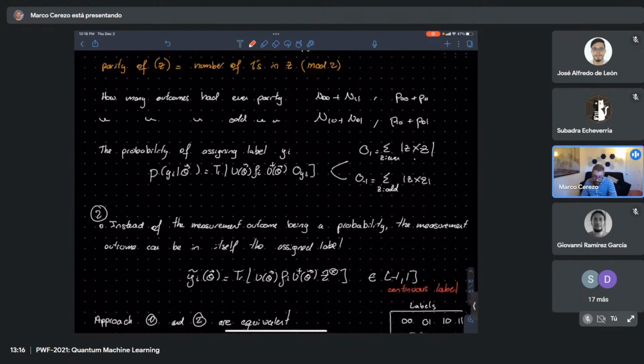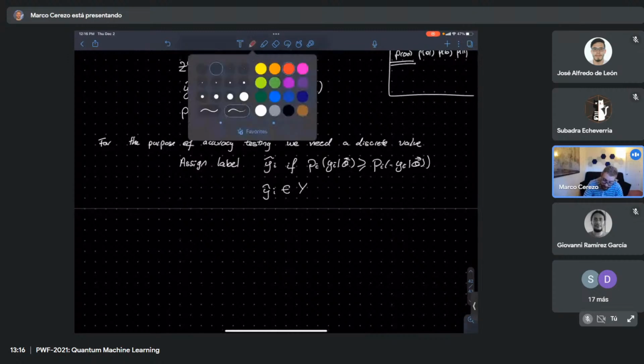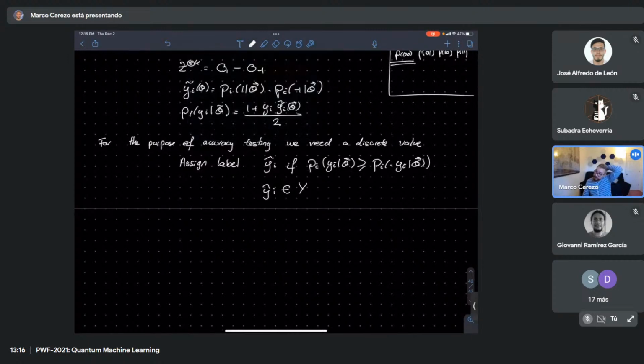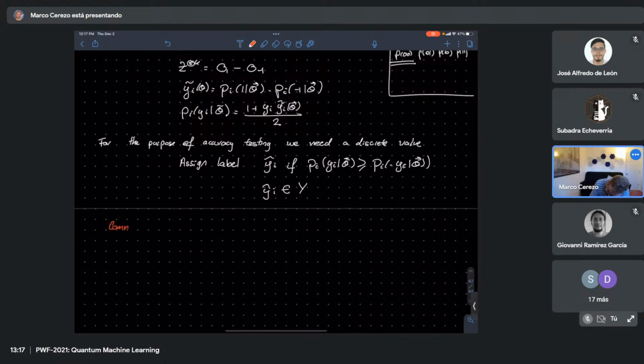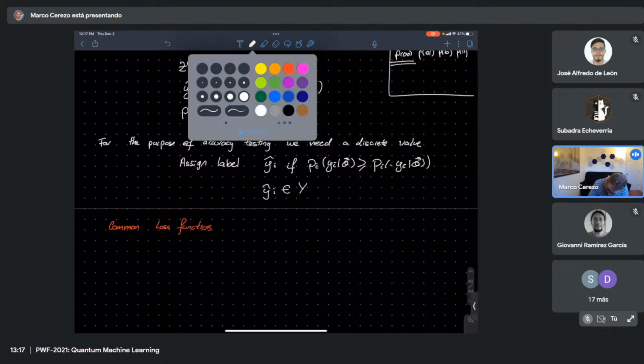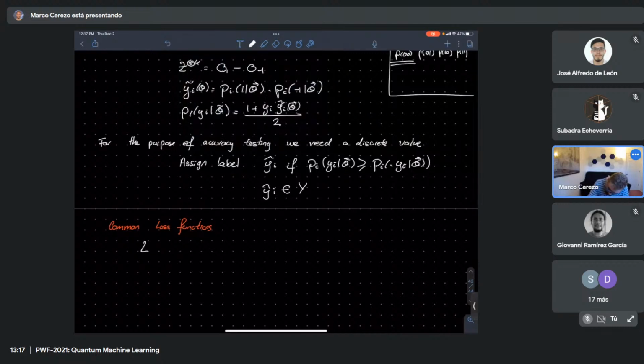So what are loss functions that we can use for quantum machine learning? A lot of times we can use the same loss functions that are defined for classical machine learning, although recently there's been more study in developing loss functions that are specifically meant to be used for quantum machine learning. But in the meantime, some of the most common loss functions are, for instance, mean squared error